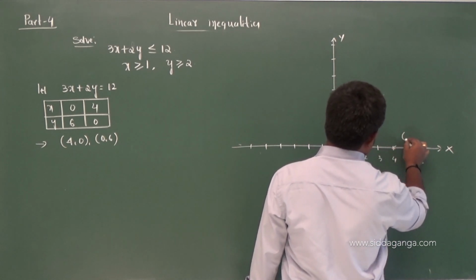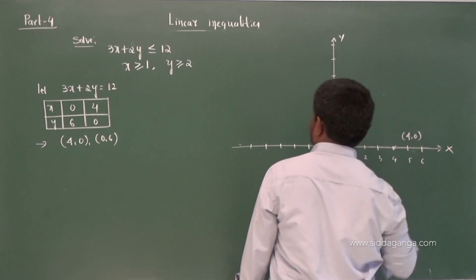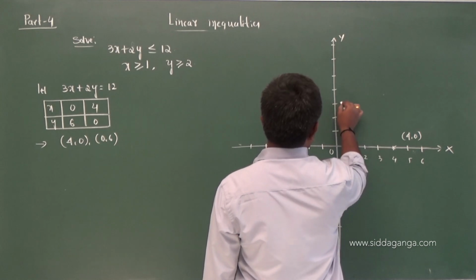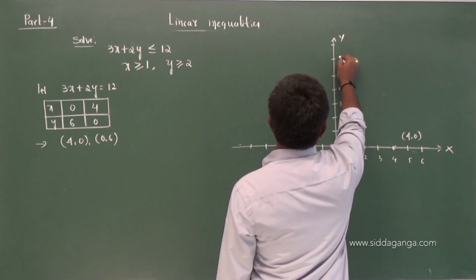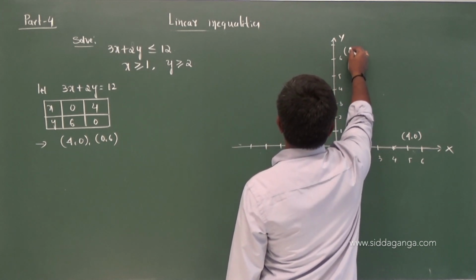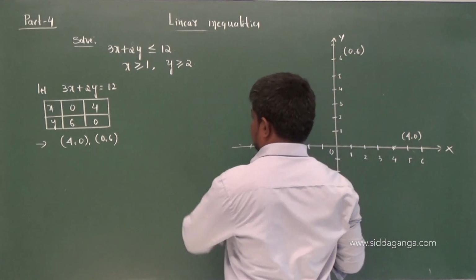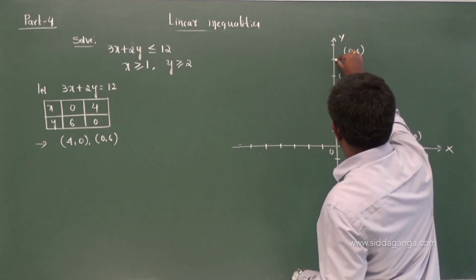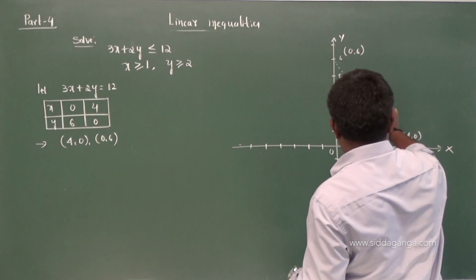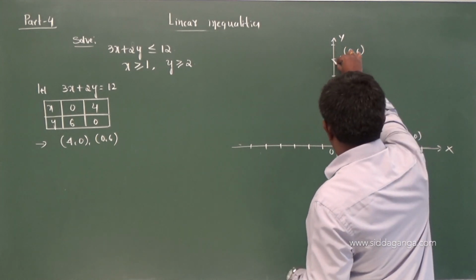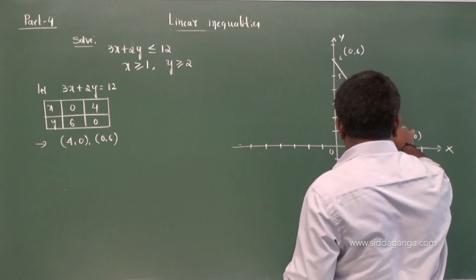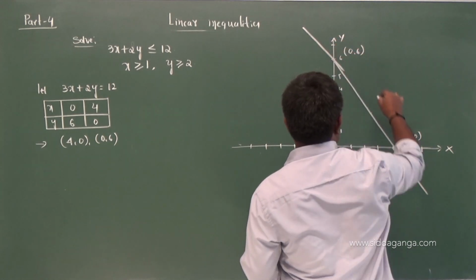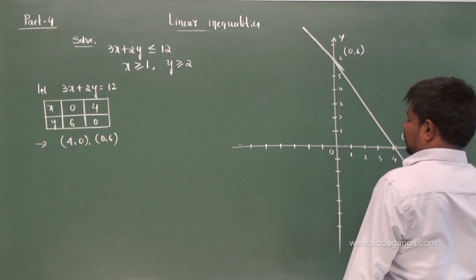This is your (4, 0) and (0, 6). Let us draw the line. So this is your line 3x plus 2y